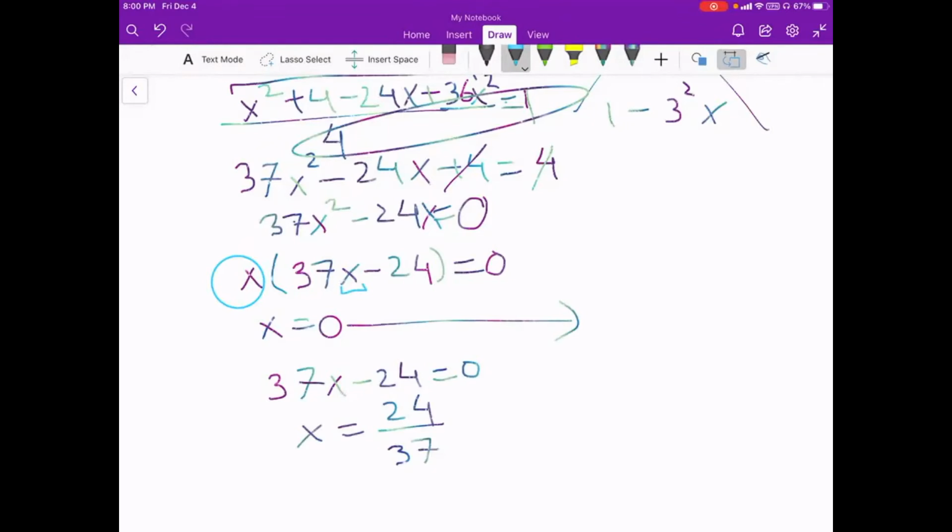So now I know that I have to solve for x twice because I see x in 2 places after I factored. To solve for this x, I have to get rid of this entire binomial. The way you get rid of the binomial is by dividing both sides by 37x